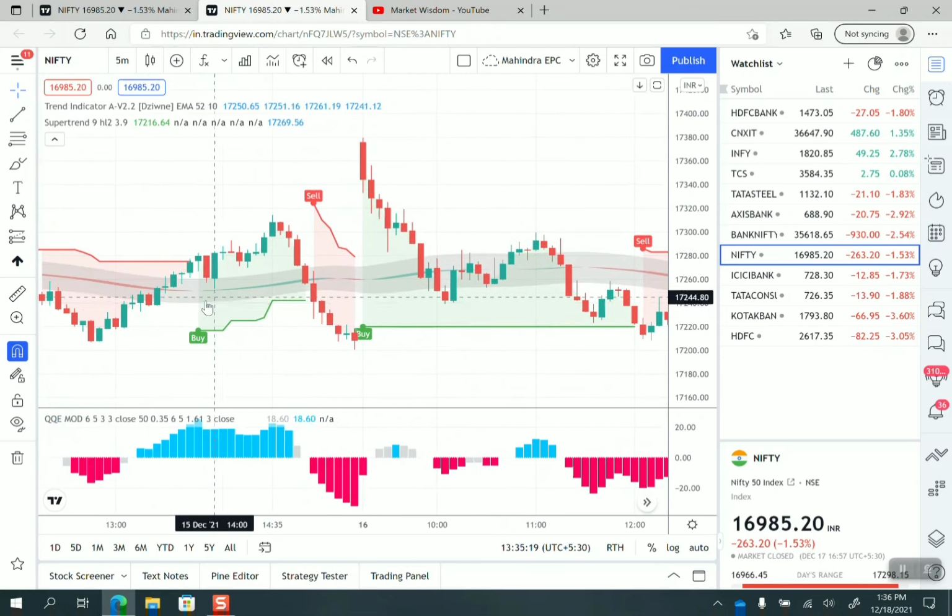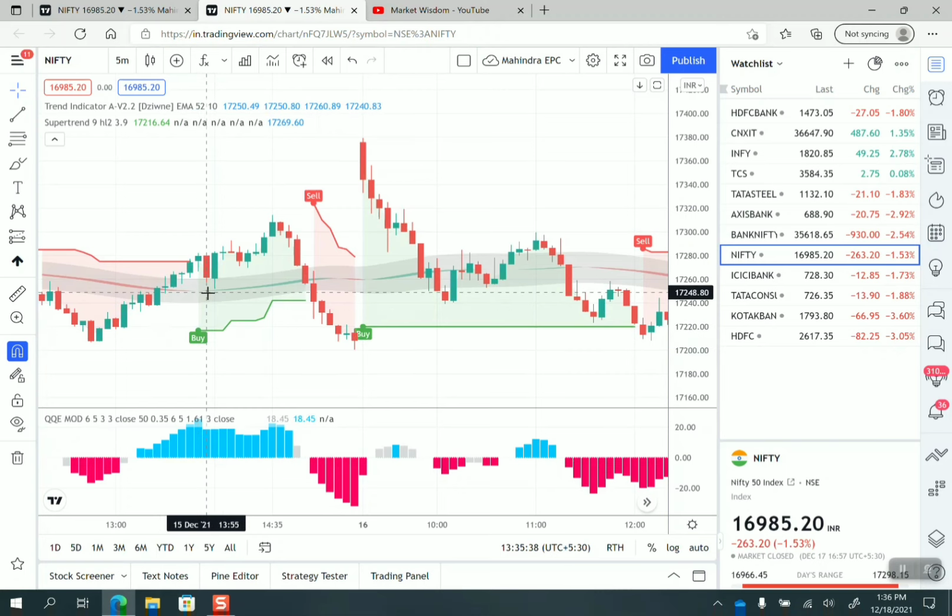So where was, yeah, this one. So in this case what happened, see, this buy signal came in this red candle, we got a buy signal, right? So at that time the oscillators were blue, so that is the first condition satisfied. Second condition, buy indicator we have got, so that is the second condition satisfied.